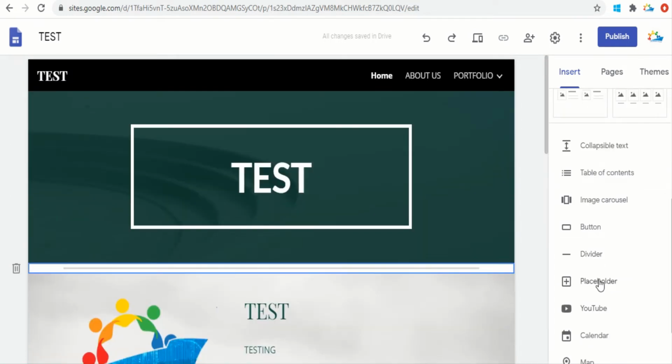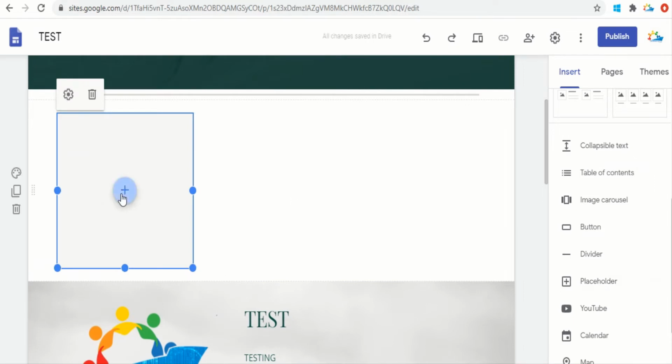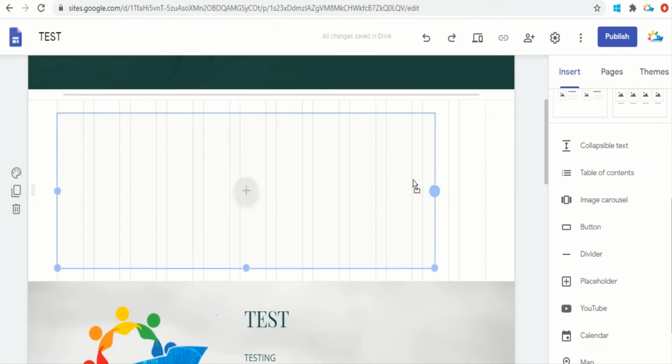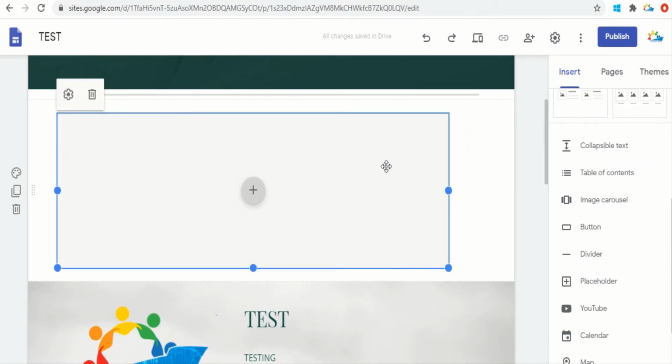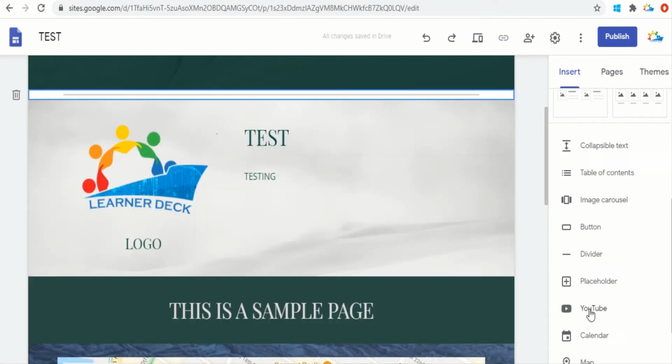The other option is placeholder. Placeholders are specialized options that are specifically used by people who are using it for maybe branding or advertising. So I don't think that this should be useful for everybody. Every one of you should not use this placeholder, but definitely if it is required, you can go for it. I'll just delete it, but it's definitely available there.